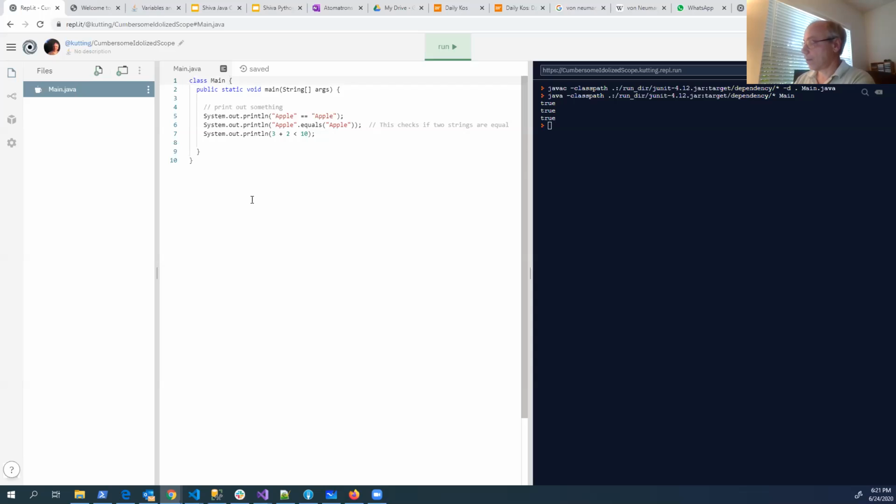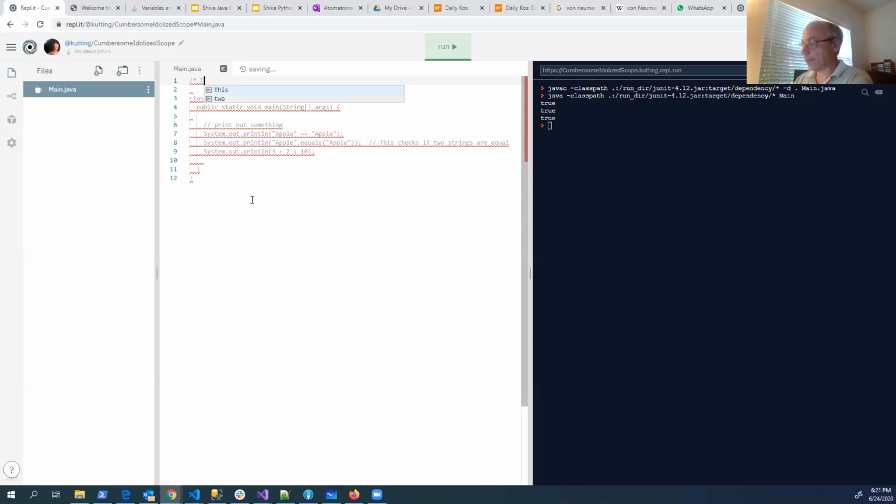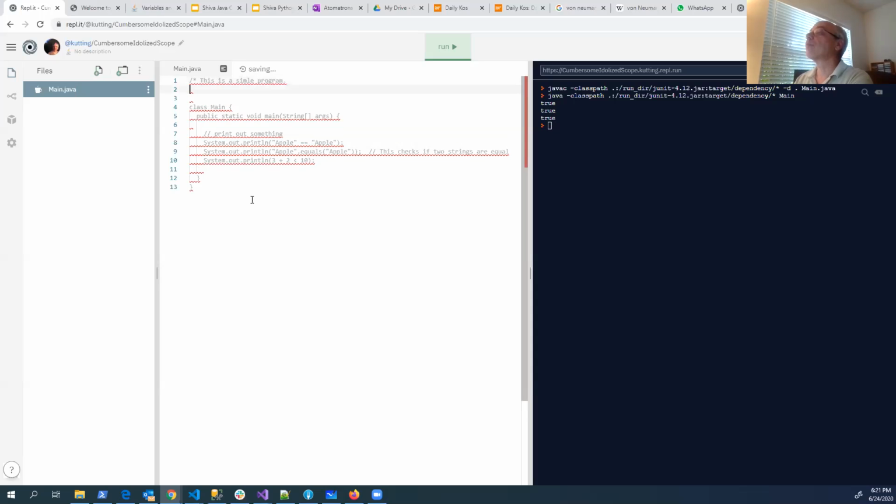So we can put something like /*. This is a simple program code, and maybe today's date or something like that. June 24, 2020.